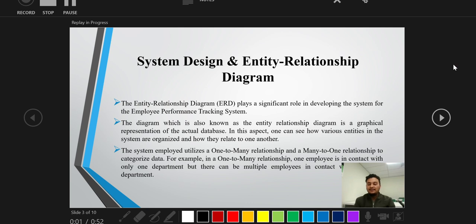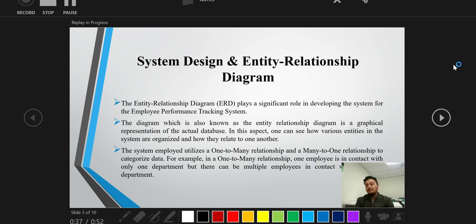Our next slide is system design and entity relationship diagram. For this we are using the Crow's Foot entity relationship diagram. So what does ERD mean? ERD means one of the most widely used database diagrams, which checks the relationship between entities and the attributes. So we can find out